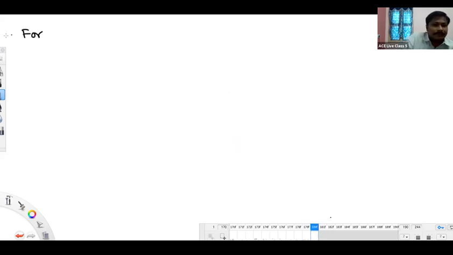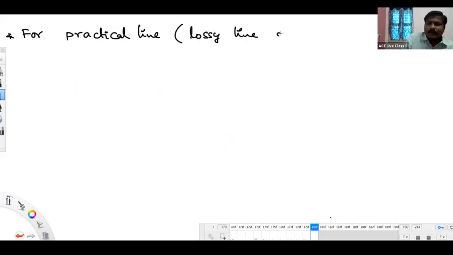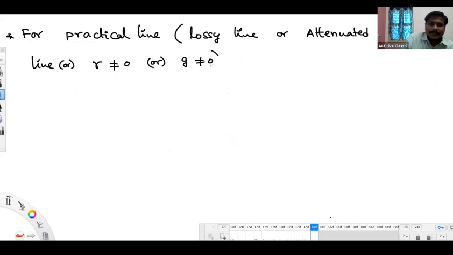For a practical line, or in brackets a lossy line, or you can say an attenuated line, the resistance and shunt conductance values are non-zero. For this line we are talking,